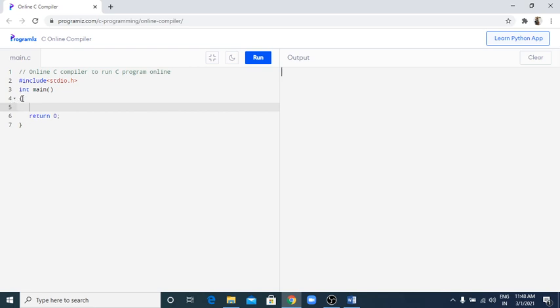Now here, the opening curly brace, and here we use the formatted input output function. Suppose we print a message onto the console, which is nothing but the output window, so we use the printf function.